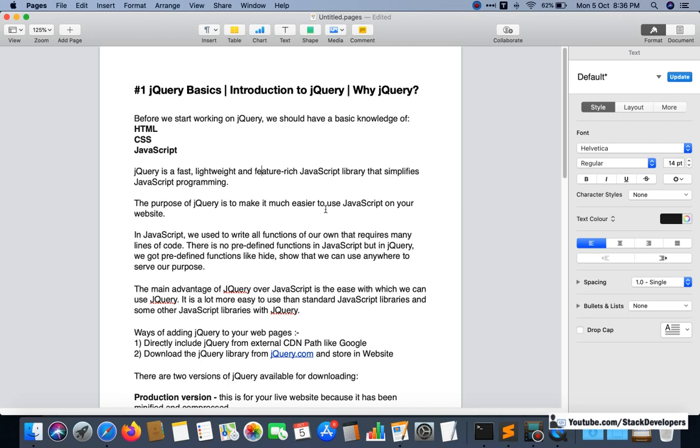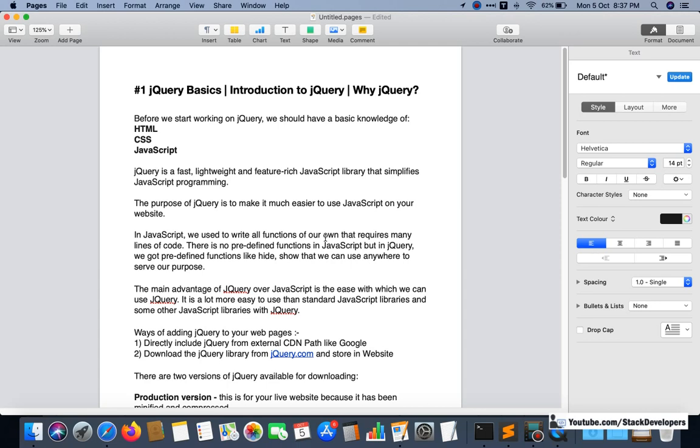Now what is jQuery exactly? jQuery is a fast, lightweight, and feature rich JavaScript library that simplifies JavaScript programming. If you remember, we used to write long code in our JavaScript. But in jQuery we will get built-in functions, like hide and show kind of functions.